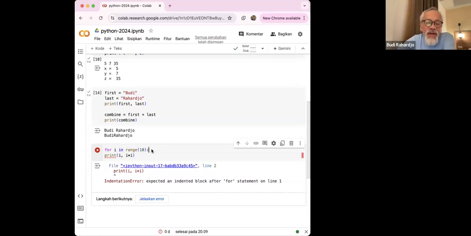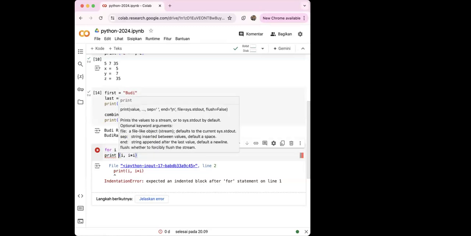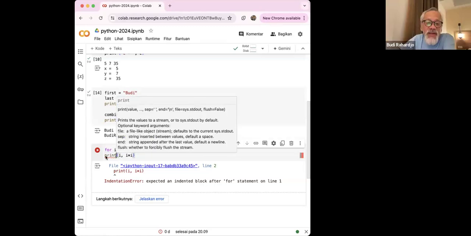Okay. Remember, when you have, say, for I in range 10 colon, what I'm saying is that I want you to do it 10 times. Now with a print, it has to be spaced at least one. No, before that one, before the print.